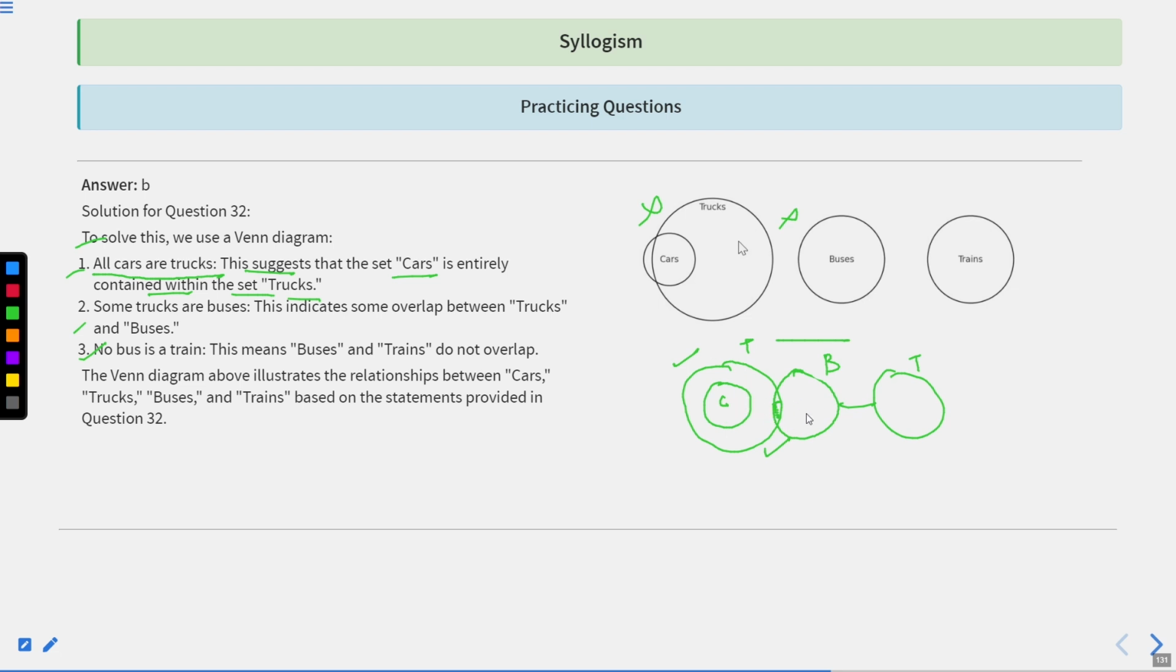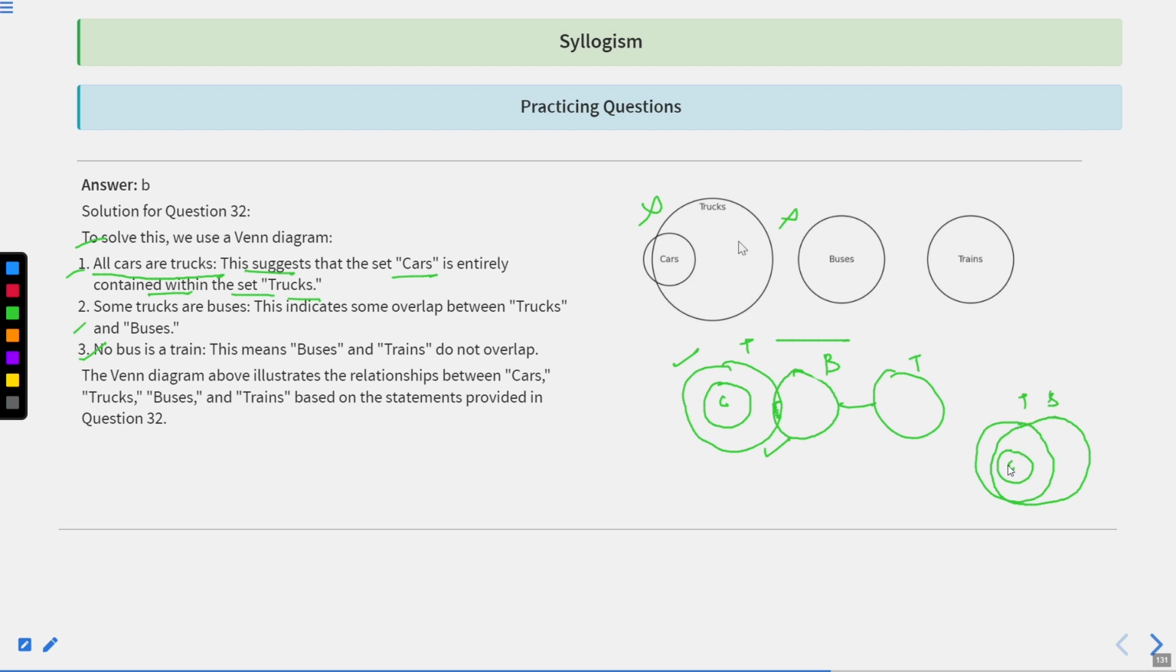There are chances that it could have been inside the buses also, that there would have been a circle which would have represented all. Say the first statement says all cars are trucks, so it could have been like this also. All cars are trucks. Okay. And then we are saying some trucks are buses. So couldn't it be like this also, my dear students? Couldn't this Venn diagram have been like this also, which we could have suggested that some trucks